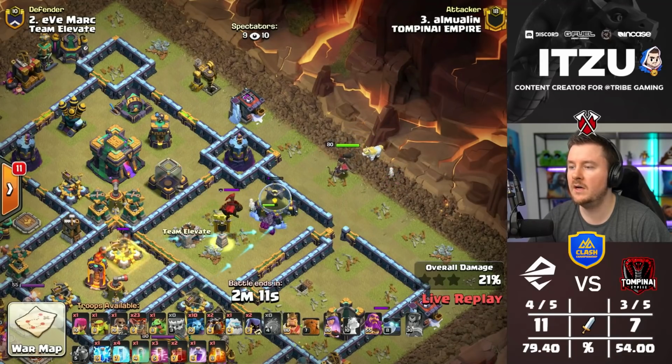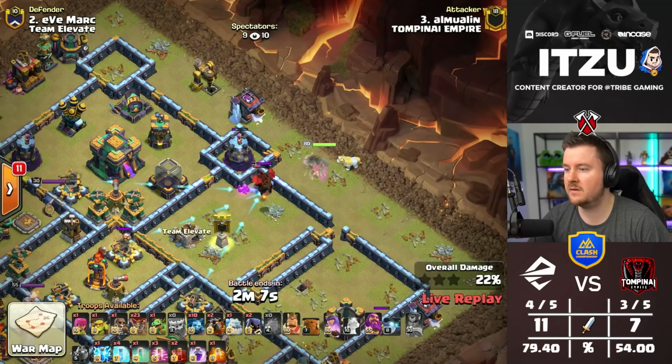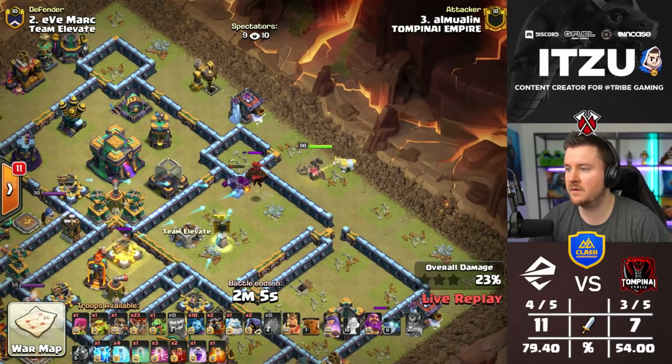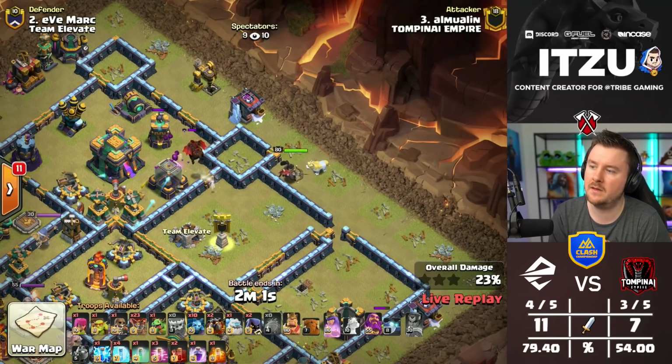Not sure at all. Now we have the queen getting into the wizard tower. The hound should get over to the queen really soon. Wait, no. Don't follow the hound. Don't follow the...